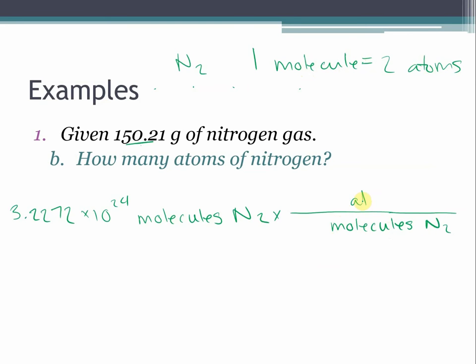Atoms of nitrogen in the top. And for every one molecule of N2, there are 2 atoms of nitrogen. So we'll take our 3.2272 times 10 to the 24th, multiply it by 2, and if you plug that in correctly, you should get 6.4544 times 10 to the 24th atoms